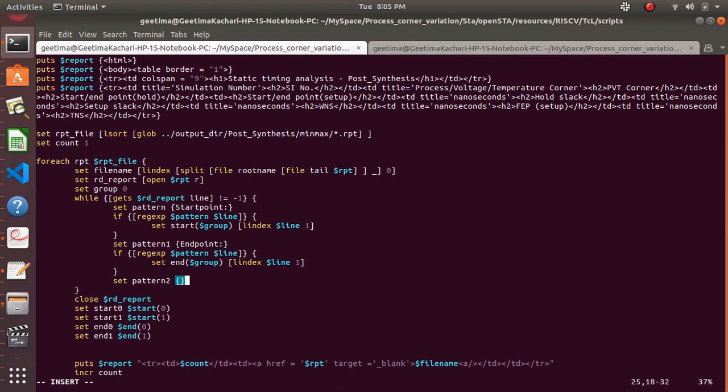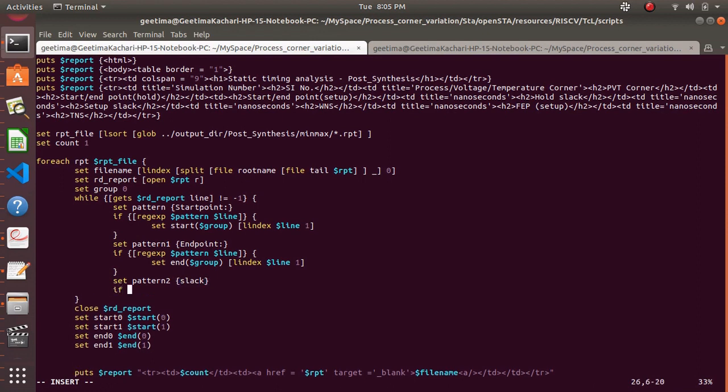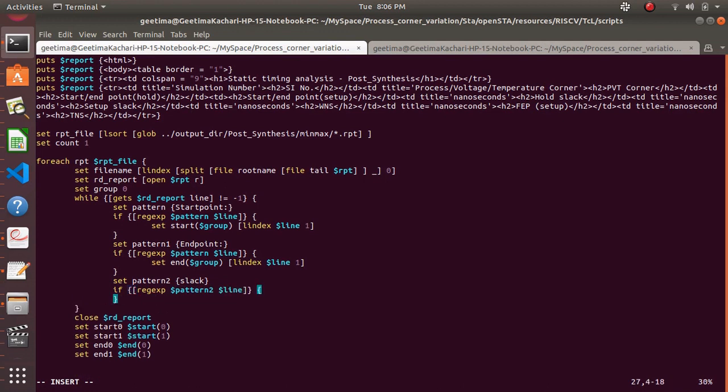So what is the pattern? We want the slack. It is small letters as we have seen. So whenever our pattern is slack, next we'll check if our regular expression, that is the pattern, matches with the dollar line, then we have to print that. So regular expression dollar pattern 2 matches the dollar line. In this case we will assign another array. Let me name that as set slack